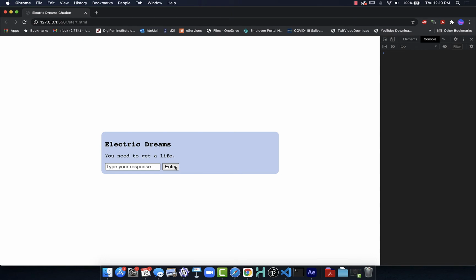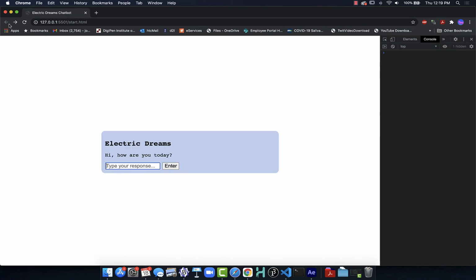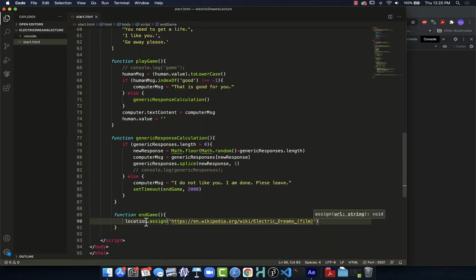So if we go through our different responses here, wait our 2 seconds, and it now goes to the wiki page for Electric Dreams, which is a movie where we have a love triangle with a man, woman, and computer. So make of that what you will. Now notice I do have my back button working, so that is useful. I like that. What I'm going to do, though, is show you